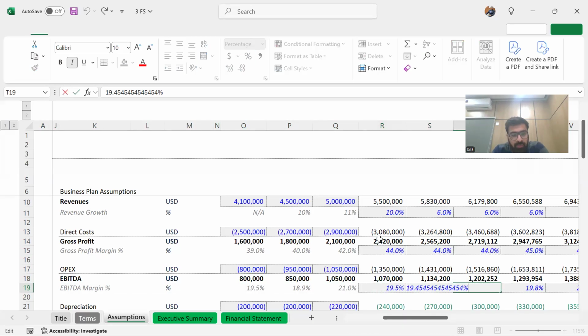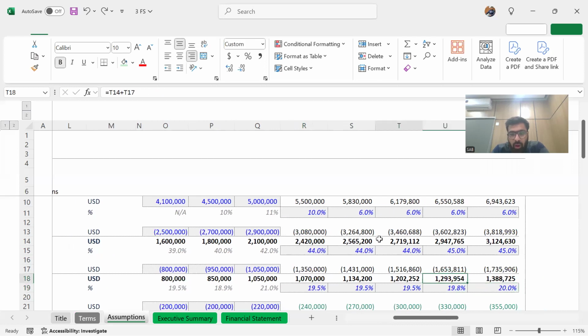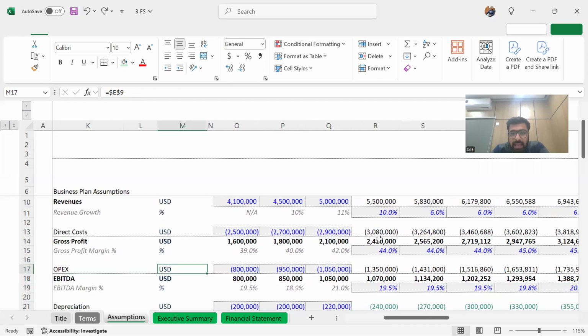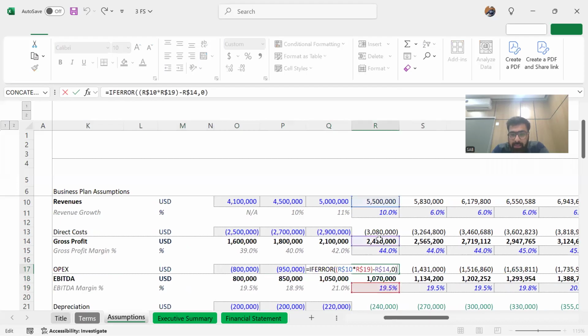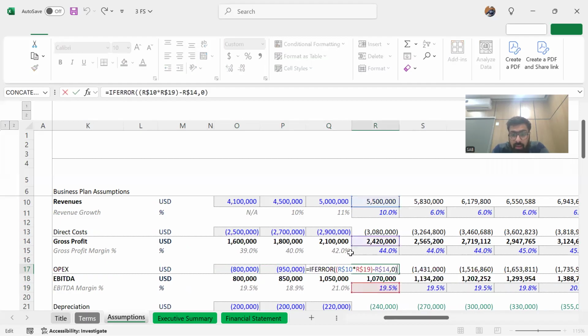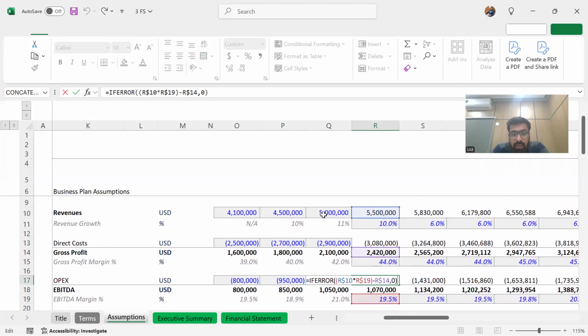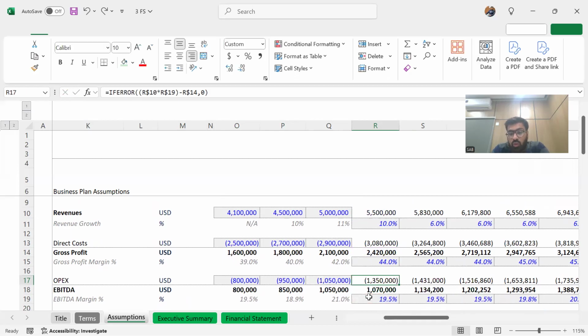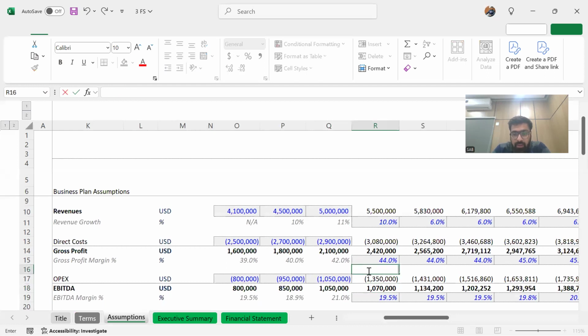So we have EBITDA margin here, and on the basis of this, we have calculated OPEX, right? We have calculated OPEX because OPEX used to be a manual number. So what we did here, we took revenue and multiplied it with EBITDA margin. So what we got is EBITDA, right? Revenue multiplied with EBITDA margin. Let me show you. Here is revenue